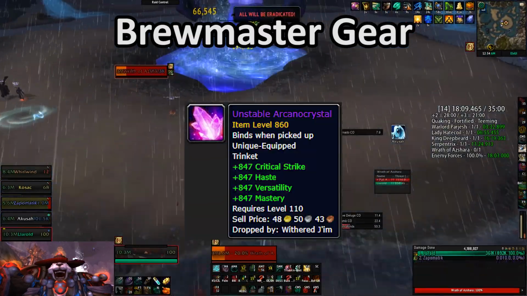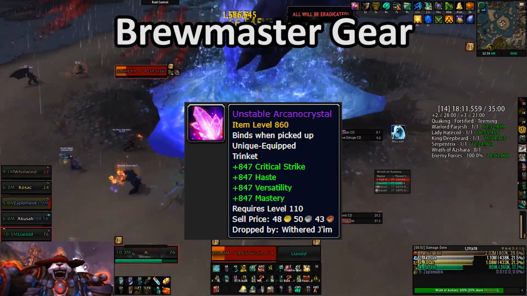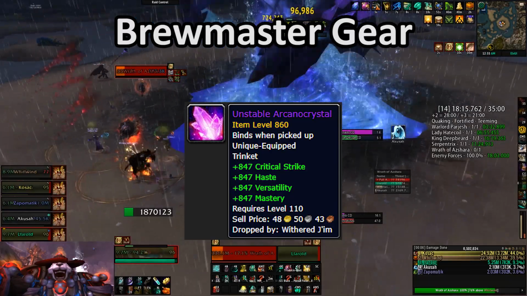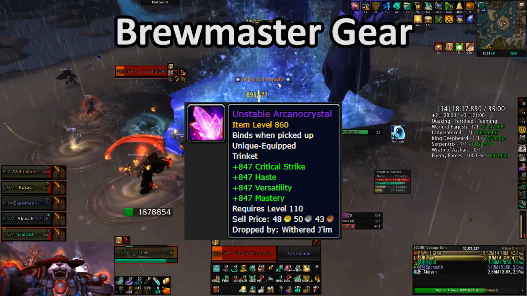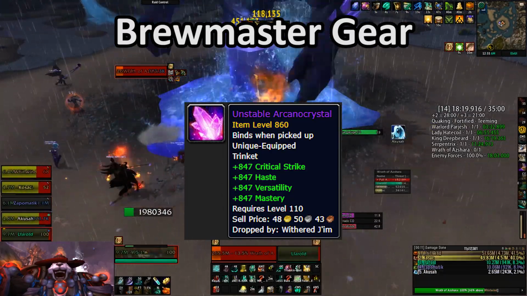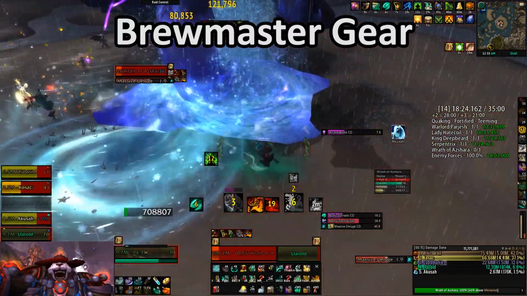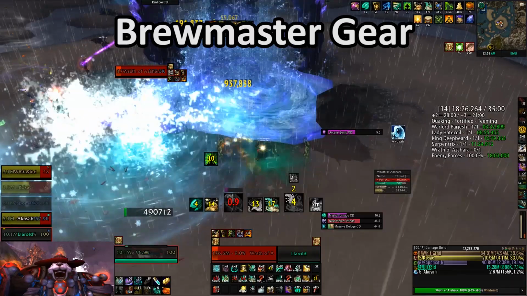Unstable Arcano Crystal is a good trinket option. It's not quite as good for Brewmaster as it is for every other tank due to haste having next to zero value, but it's still way over budget for its item level. A high item level Unstable Arcano Crystal from the Relinquished Vendor on the Vindicar can compete with just about every